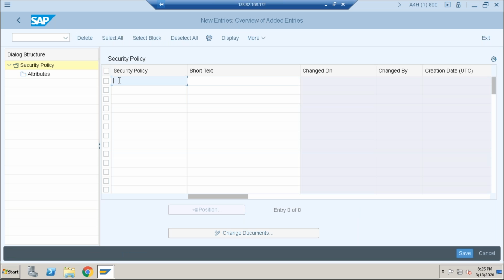The naming is compulsory. The policy name should be Z underscore security policy. Save it.